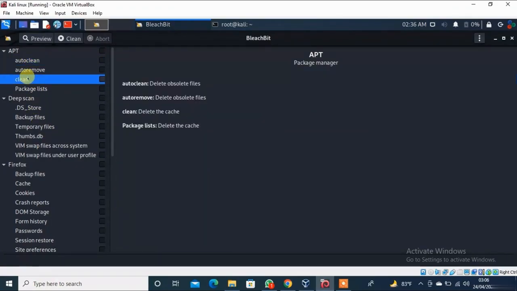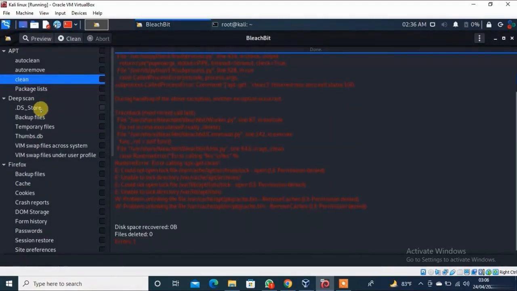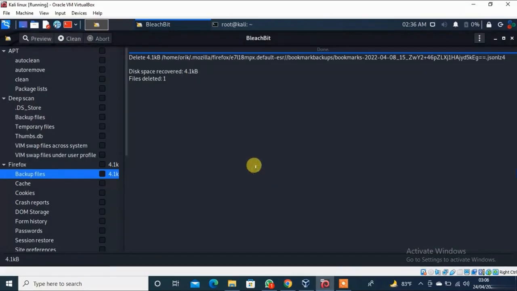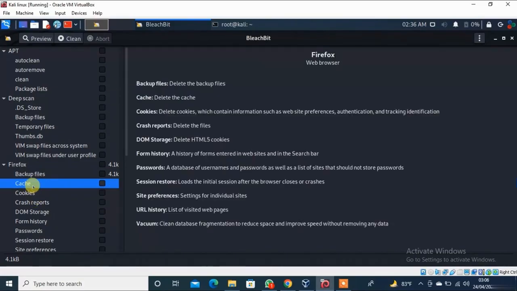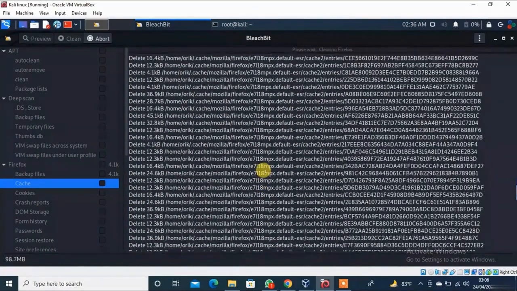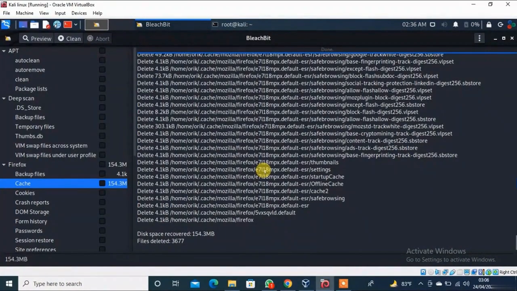This is blank space. No data is package lists. So look guys, here disk space removed 4.1 kilobytes and files deleted 1 it shows. So if I want to delete cache, just delete. Look, all the files are deleted successfully, and files deleted